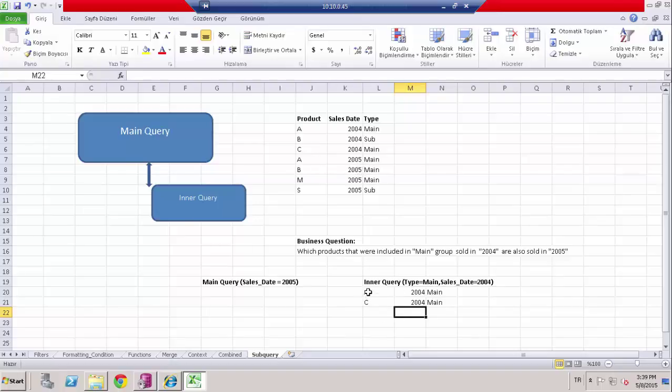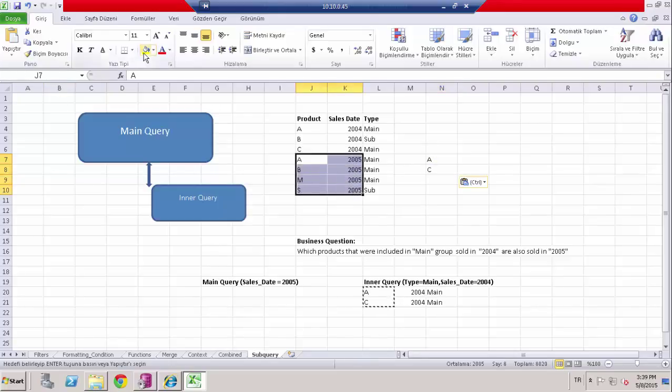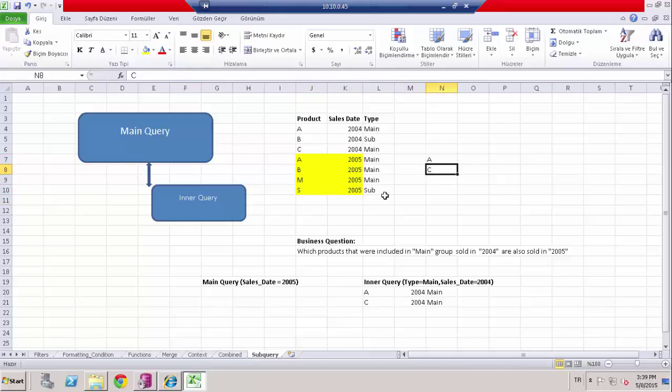And it is seen that when we compare A and C with the 2005 data, the product A from the main group sold in 2004 is also sold in 2005. When we return back to the query panel,